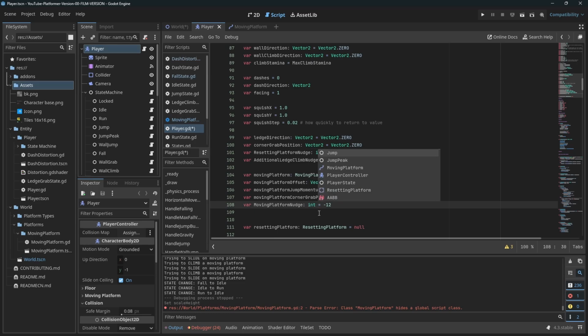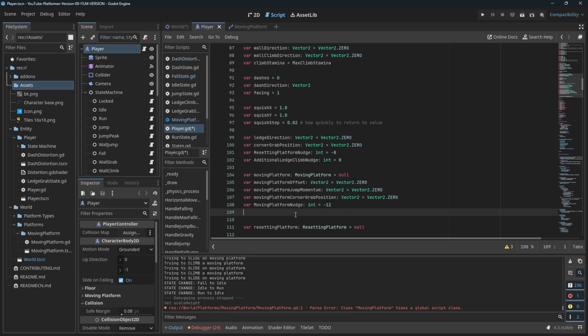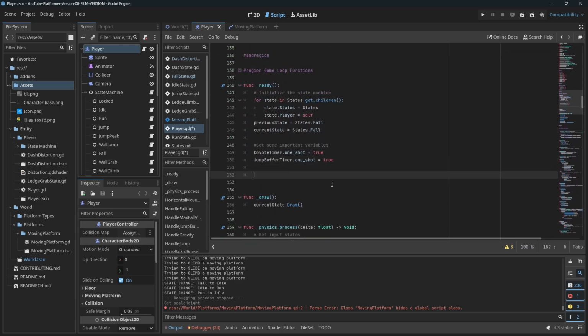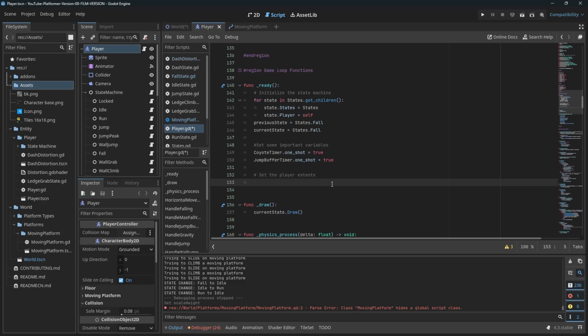But we're just going to explicitly type it like that. And then player collider extents. Okay. That should be everything we need there. Come down to our ready function, and we're gonna set the player extents. So we need both the player collider extents and the platform extents,